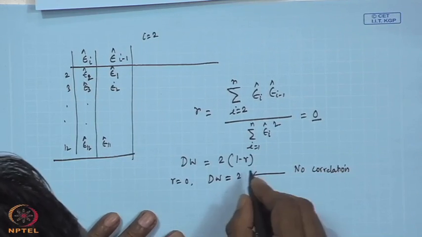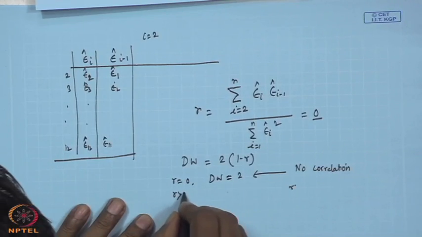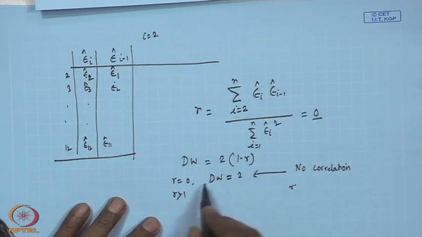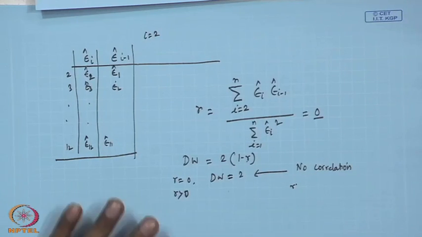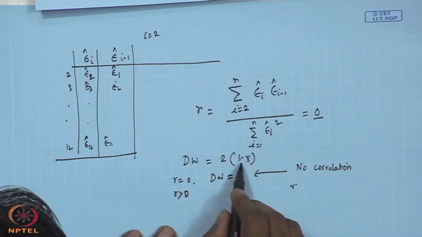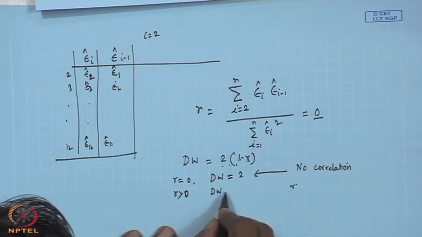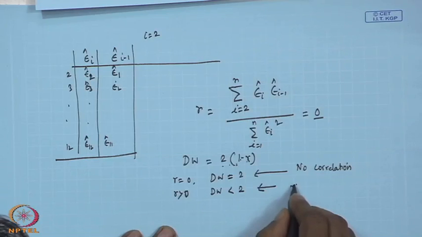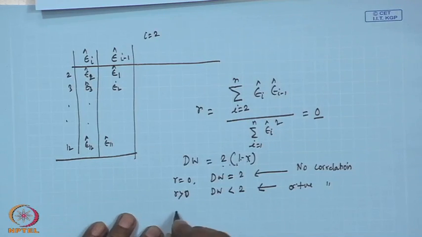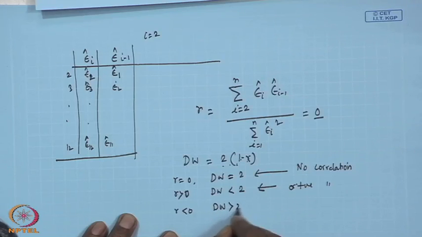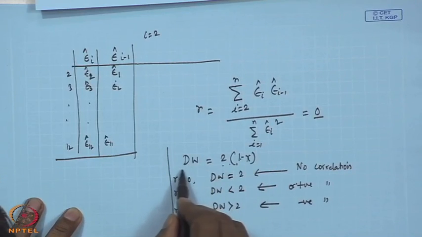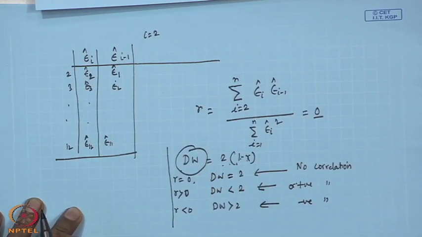And if r is greater than 0, then DW will be less than 2. That means less than 2 indicates positive correlation, and when r is less than 0, DW is greater than 2, which is negative correlation. Most of the software gives these DW values, so you find out what value it is coming. If it is 2, fine, perfectly no autocorrelation. If this value is less than or greater than 2, there is a certain amount of